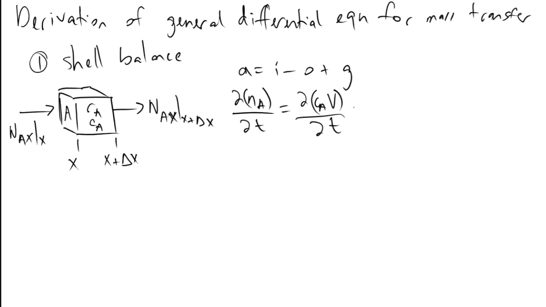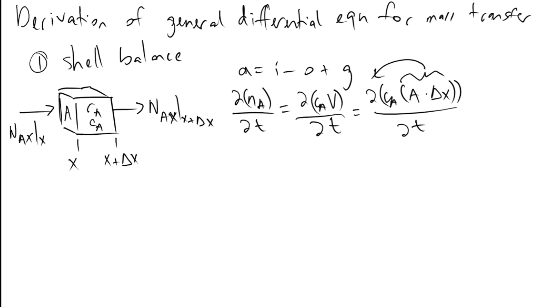And if we recognize that the volume must be equal to the area of the base A times the height delta X, we can say that this is equal to dCA times A times delta X, dt. And what you'll note is that this term here is a constant which we can pull out of our equation. It is not dependent on time. And so when we do that, what we have is A times delta X times dCA dt must be equal to